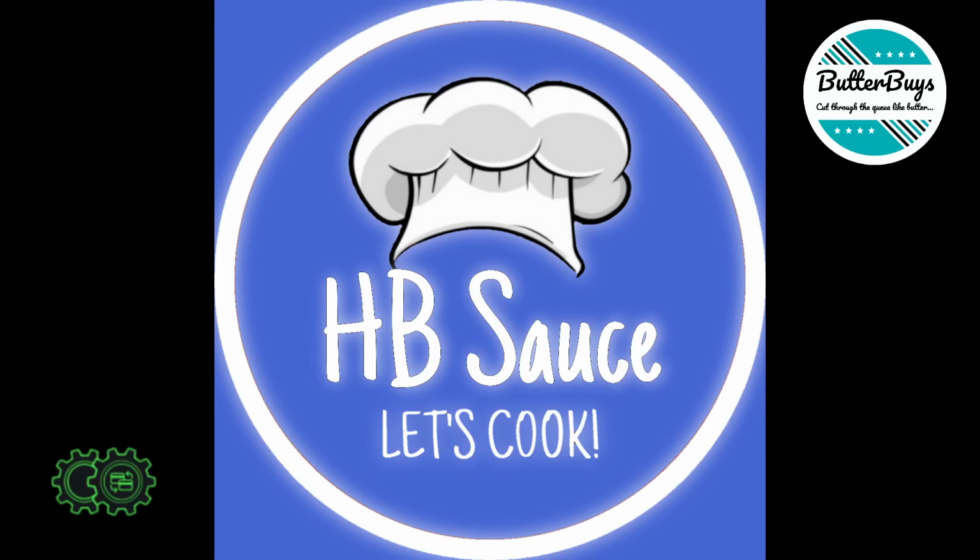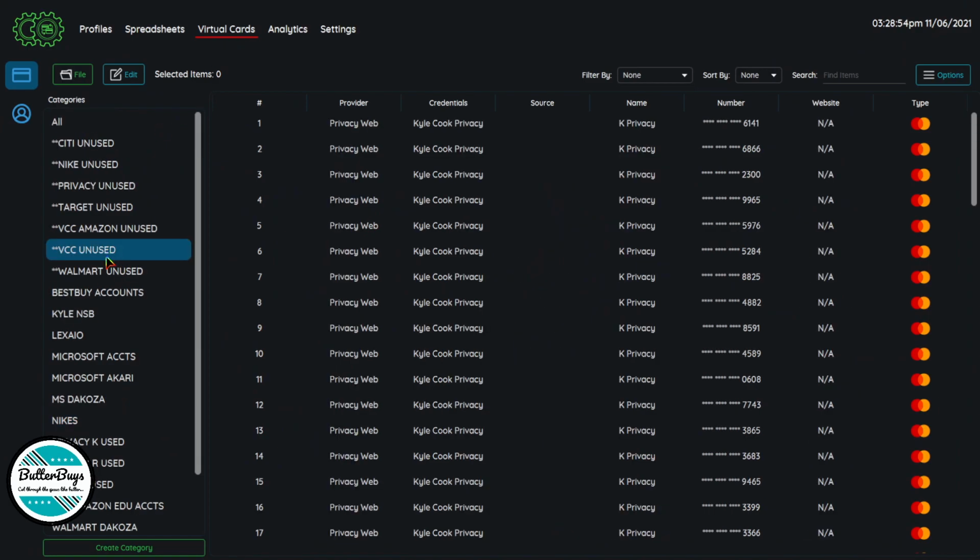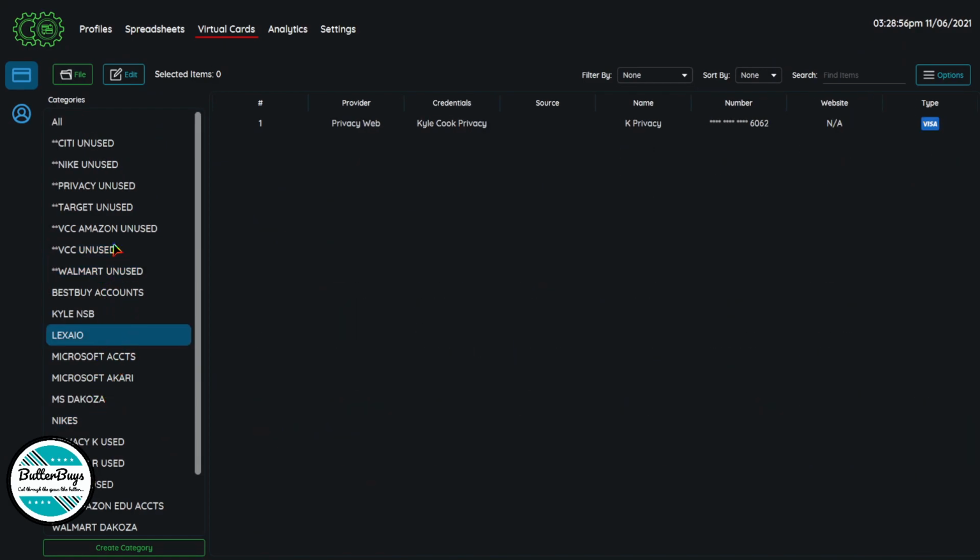Okay, so today we're going to talk real quick about how to move your virtual cards over to your profiles. Inside of the profile converter, you'll have all of your list of different virtual cards. In order to move a group or a single virtual card over to your profiles, you would go into the